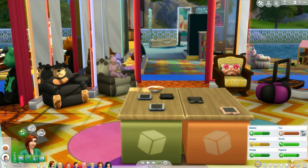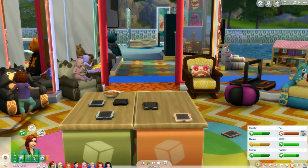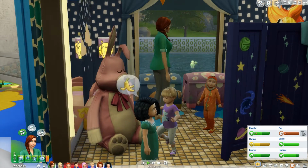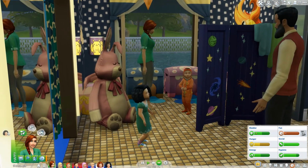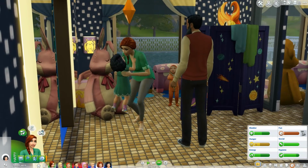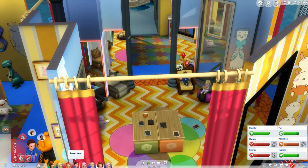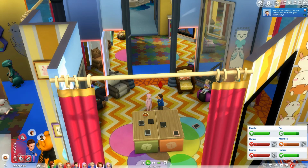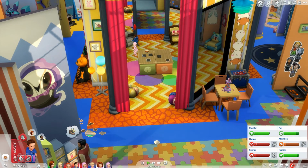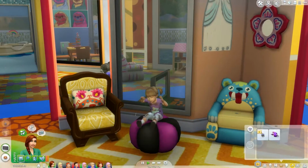Here we have, I think it's Cass that is getting some food, or Anne. I think it's Anne. When you look at the toddlers, almost every one of them is angry. Sometimes I have periods where most of them are asleep, so that's great, so she can just clean a bit. But it's not like that all the time, so I'm depending on the nanny to help me. I like to play with walls up, but sometimes I have to go a bit further away and look at the toddler house from above, because I have to see where everyone is at, what the nanny is doing,